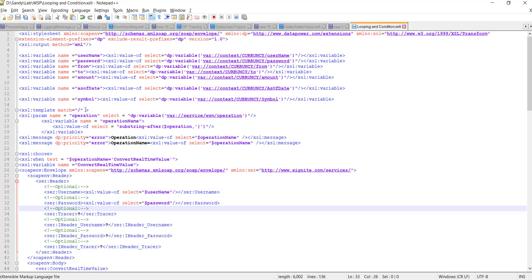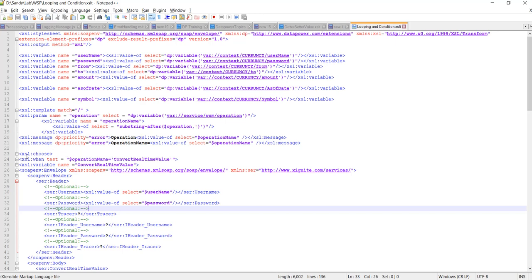Then we need to get the operation name, because we'll apply the condition on the basis of the operation name. So we'll get the value of operation from the operation variable, that is the service variable. Again, to get the actual operation name, we'll take the substring of the operation name after the curly braces. Here we are just printing the operation and operation name, you can skip that one.